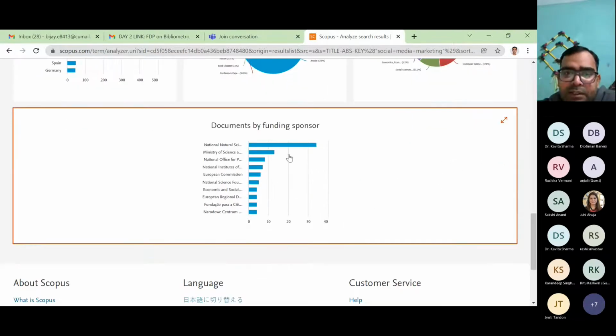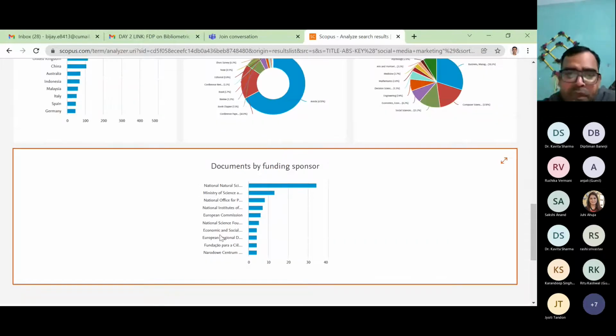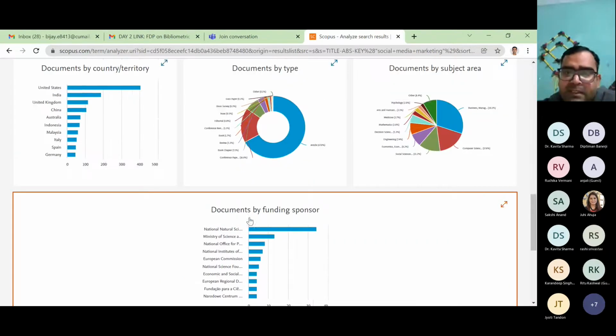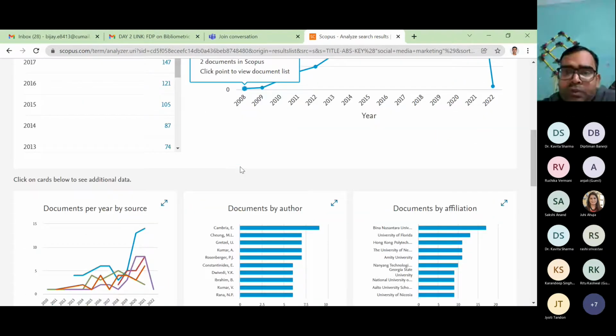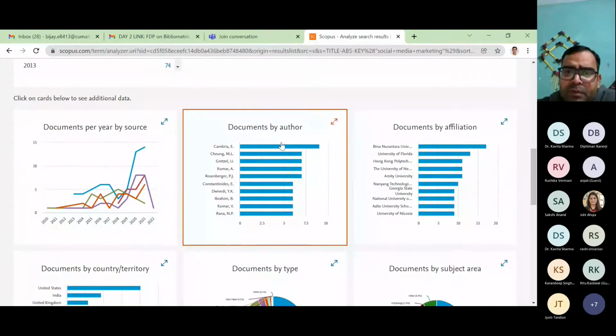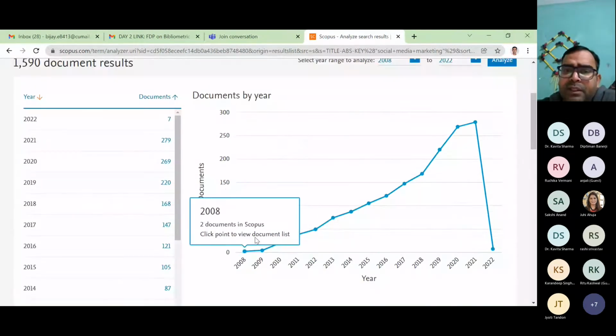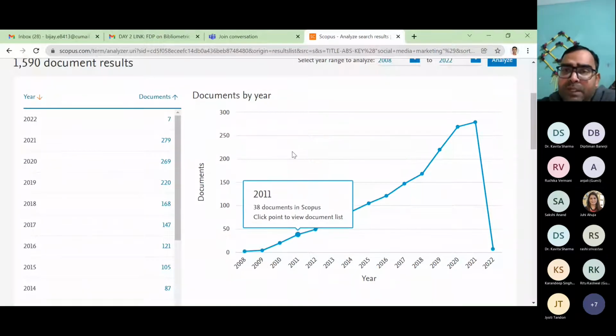Then the funding sponsor, who has funded; you are going to get those details. And even more than that, information you can incorporate into the research paper.